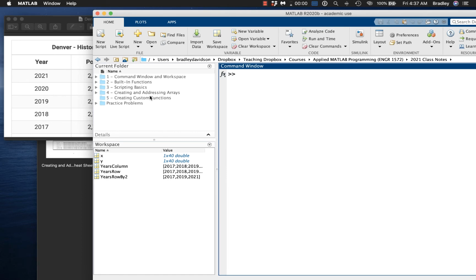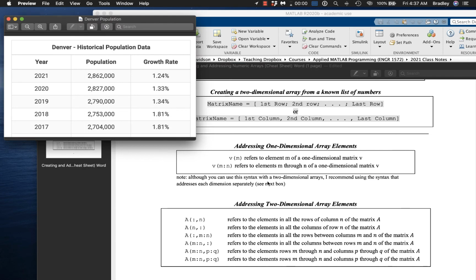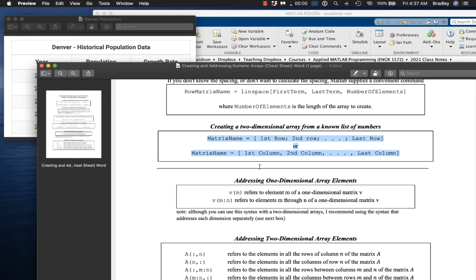Let's switch now to creating a two-dimensional array or a matrix. This is simply a collection of numbers that are arranged in rows and columns, much like a table. So this is how we normally think of what a matrix is. And let's take a look at our cheat sheet, in creating a two-dimensional array from a known list of numbers,